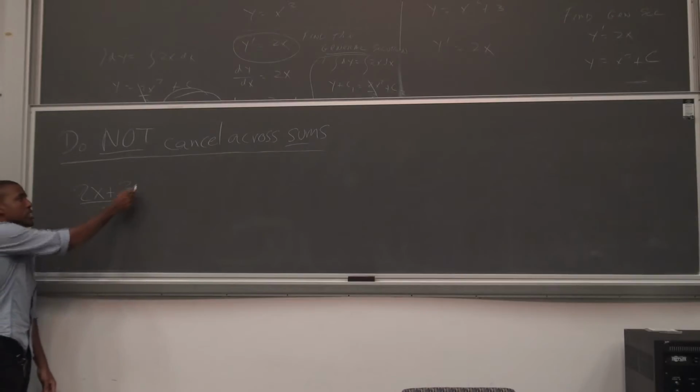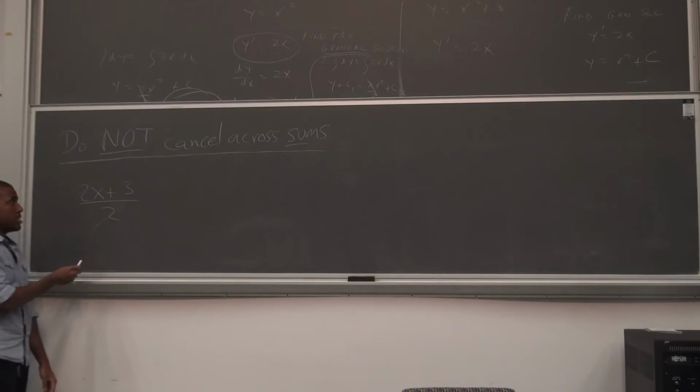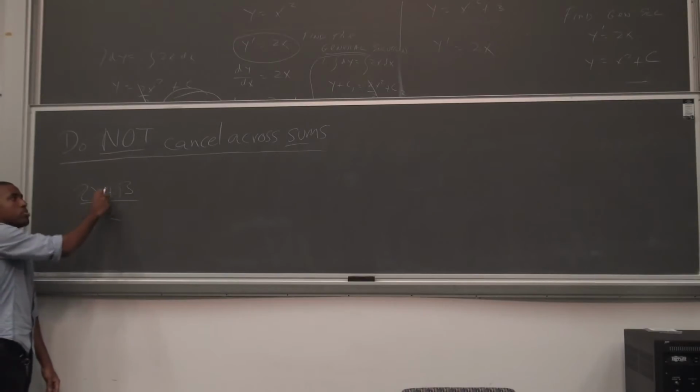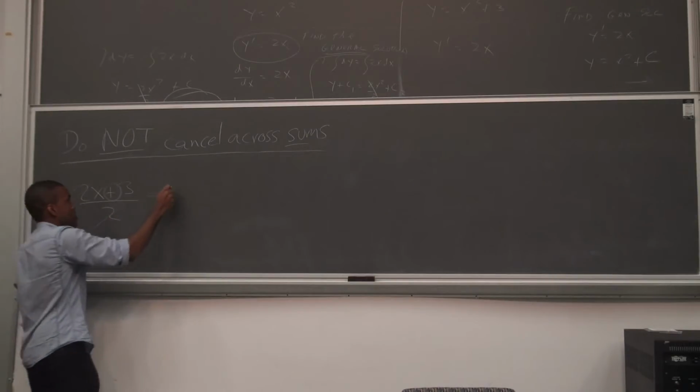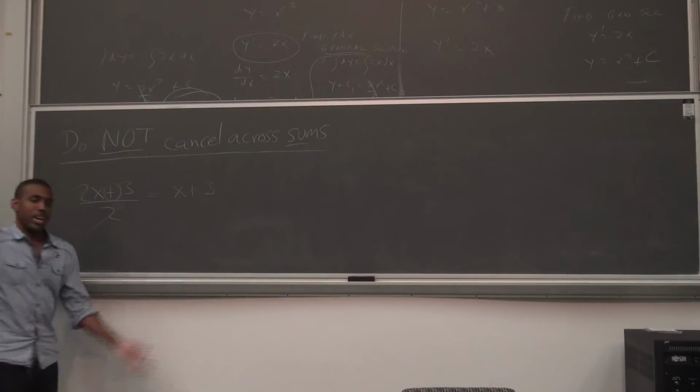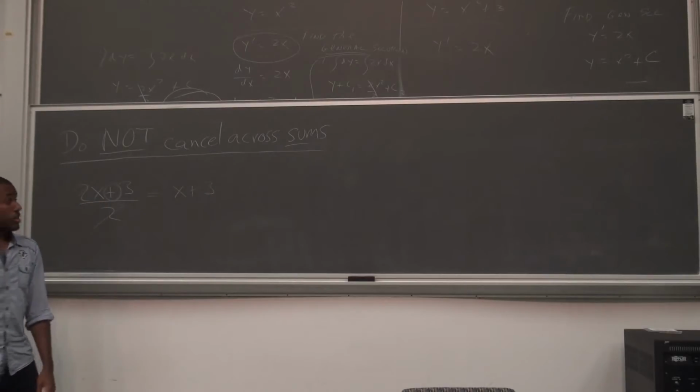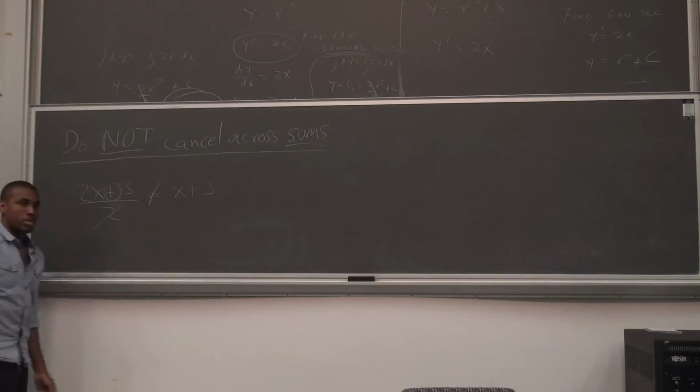Right, the 2 is supposed to be dividing the 3 as well. You're just saying it's dividing the first guy. How do you know that that's illegal? Because it's a sum. There's a plus sign separating the terms. You cannot cancel if there's a plus sign separating the terms. Right? So you cancel this, and then you write x plus 3. I just gave you a 0 and I stopped reading your paper. Right? That is not x plus 3.